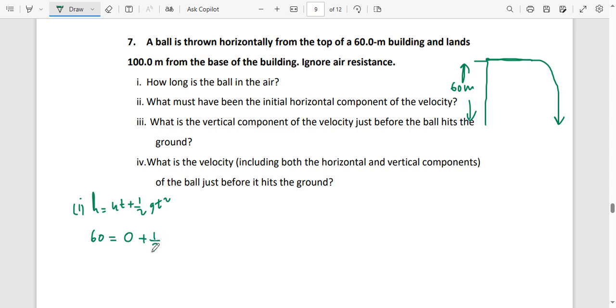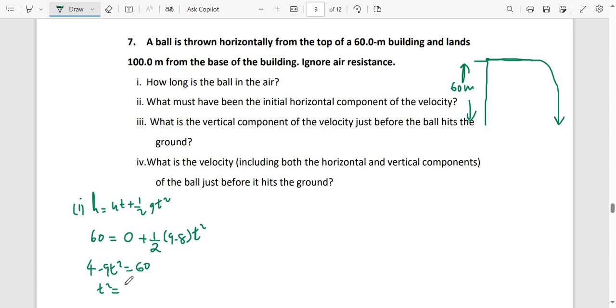And then plus half g, g is 9.8. I'm also using a positive because it didn't go up. t squared. Half times 9.8 will be 4.9 t squared, that will be equal to 60. Divide both sides by 4.9, so t squared is equal to